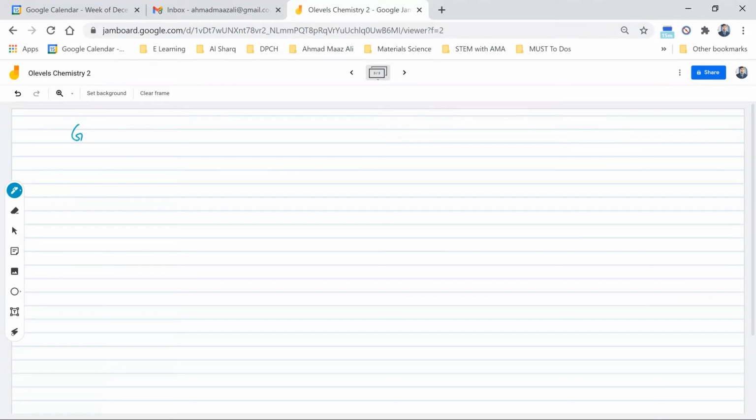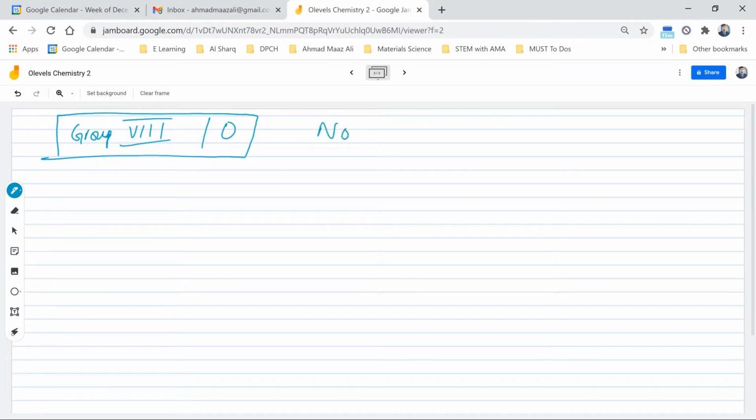All right, let's start with the easy one. Let's start with group 8. That's very easy, very basic, or group 0 as well. The elements in group 8 are called the noble gases, which we have already discussed. Why are they called noble gases? Because